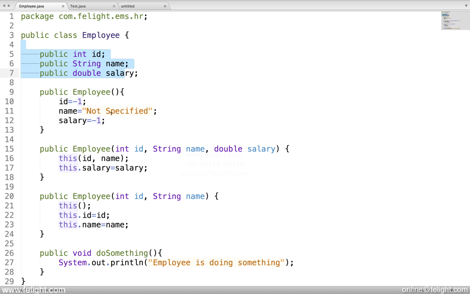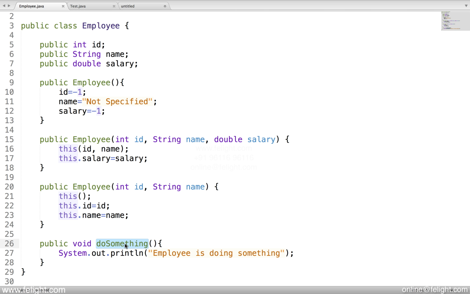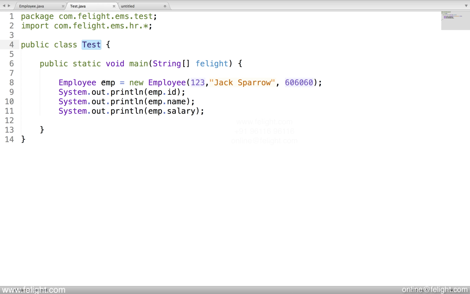To name the variables and to name methods, if it contains one word, then we use small letters. If it contains two words, then every following word will have a capital letter, say doSomething or doSomethingElse. Even to name reference variables, let's say if you are saying emp obj, then you would name it empObj with a capital O. This type of convention is called Camel Convention. Why is it called Camel Convention?